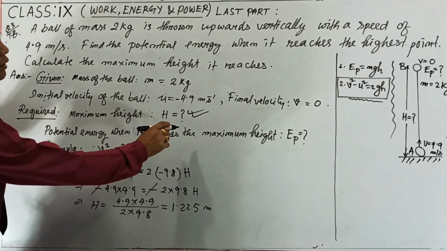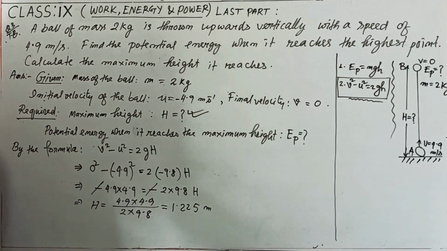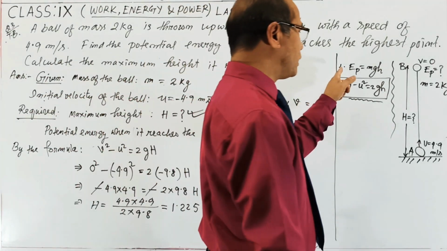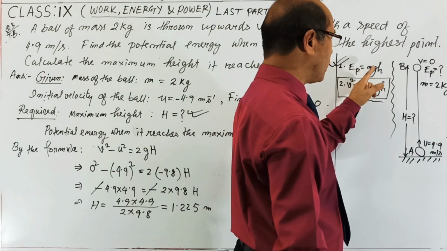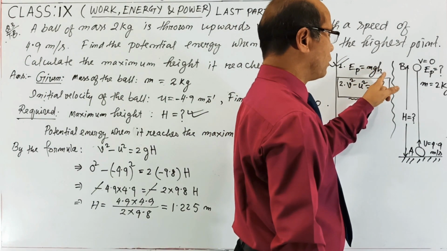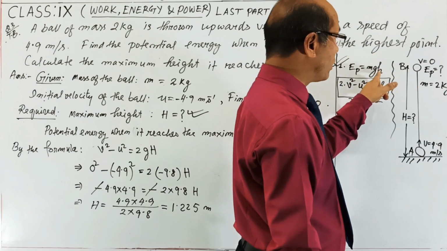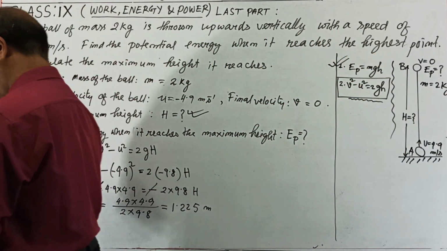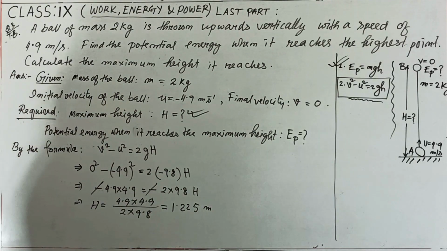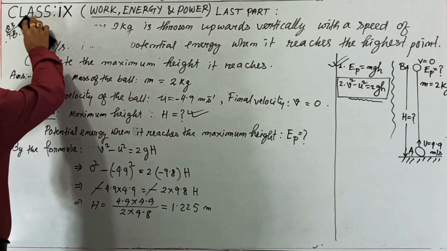The potential energy when it reaches the maximum height. Maximum height, you can label my potential energy. The potential energy formula is EP equals m times g times h, where the height is capital H. Now the second part of your question, the answer is